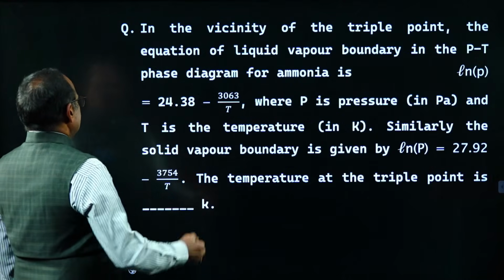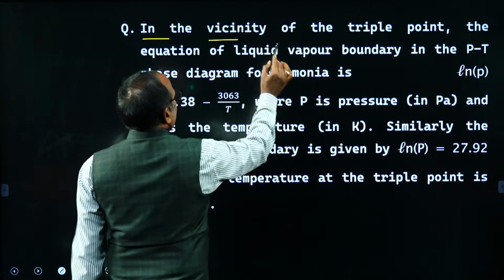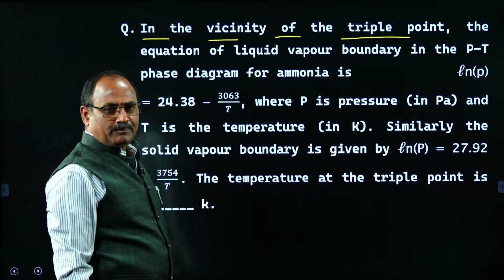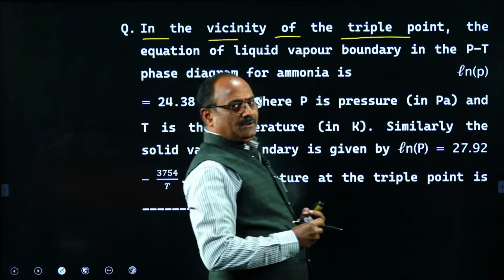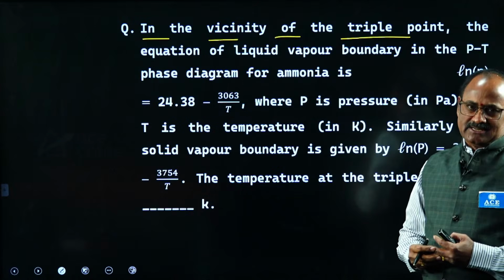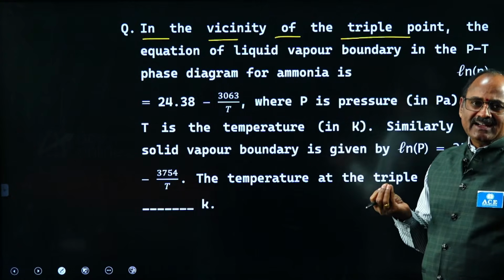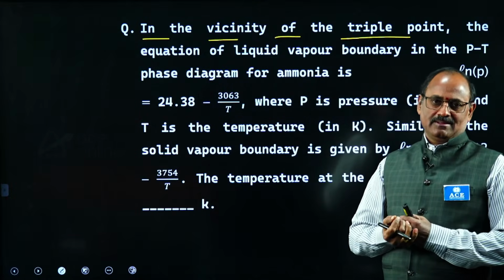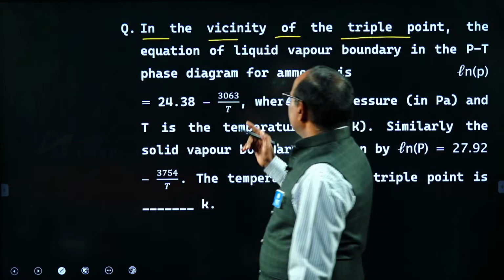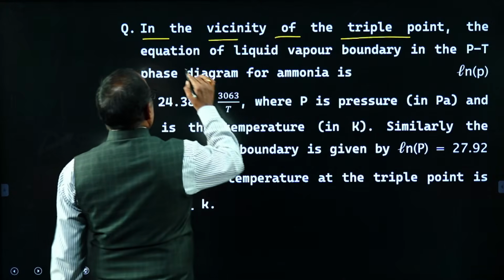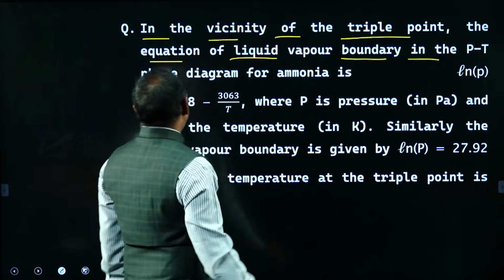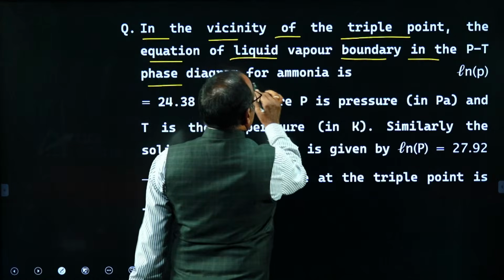It is asking like this: in the vicinity of the triple point, you know the meaning of triple point, the point where the solid phase, liquid phase and gaseous phase of the same working substance can exist under equilibrium state. Thermodynamic equilibrium state is called triple point state. So in the vicinity of the triple point, the equation of the liquid vapor boundary in the PT phase diagram for ammonia is